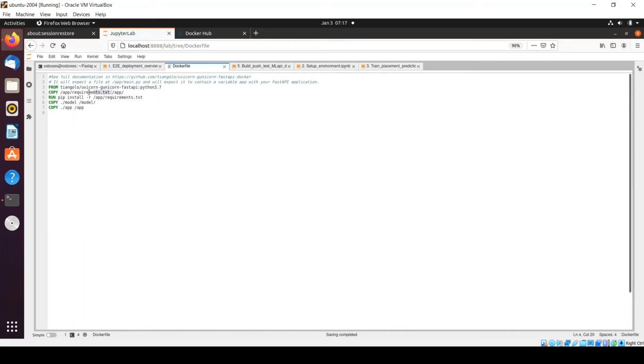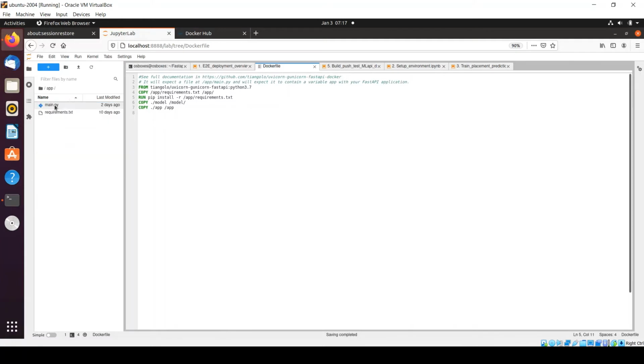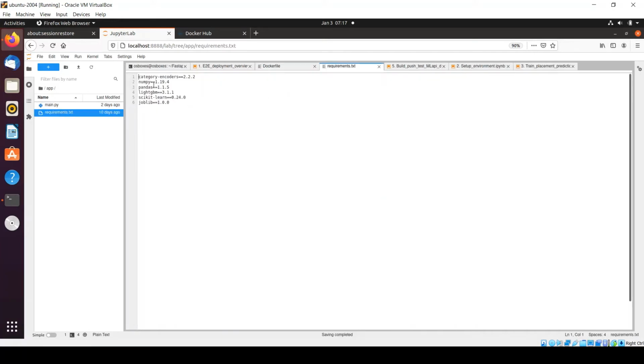And now we'll see what this file contains. We'll go back to the app folder. That's what it's referring to. Within the app folder, we have the requirement.txt file. Just open it, and this requirement.txt file contains all the dependencies required for running any machine learning application.